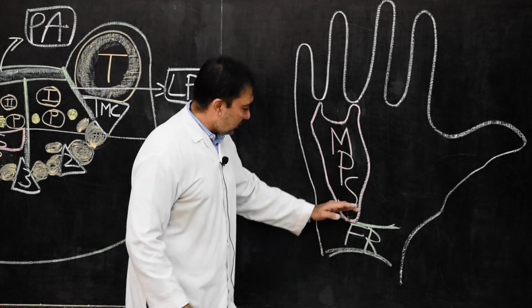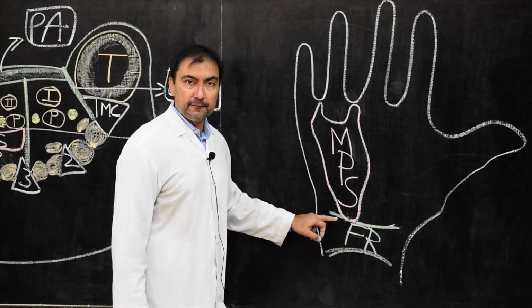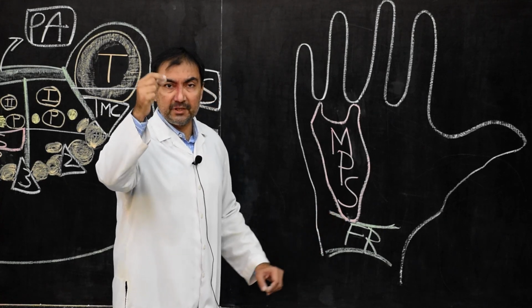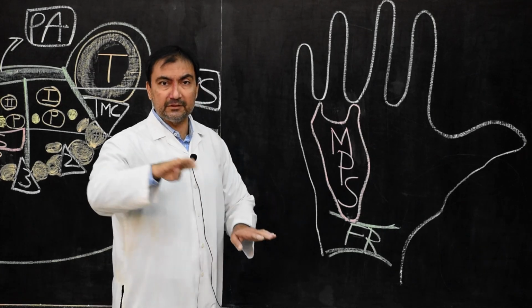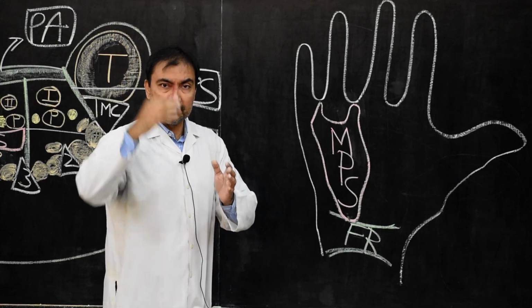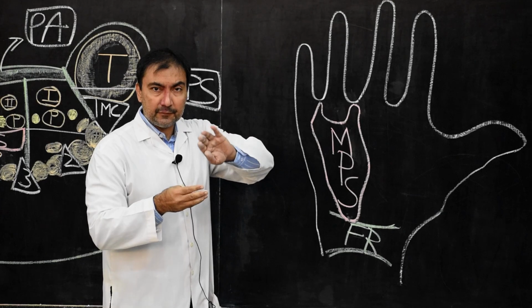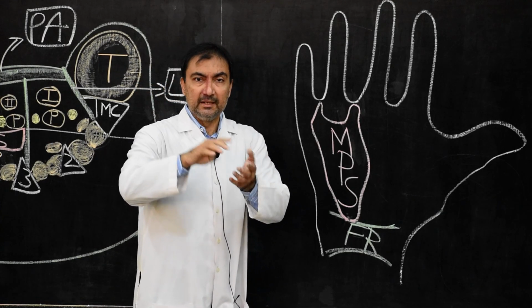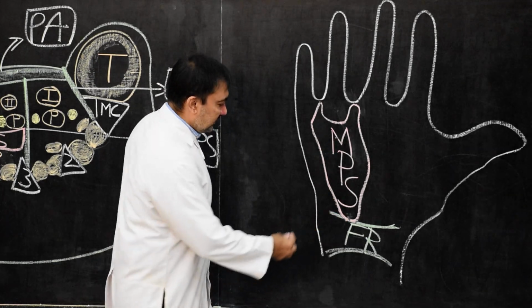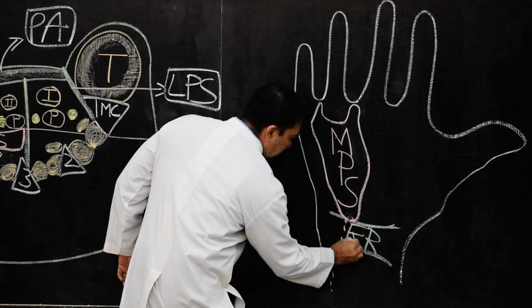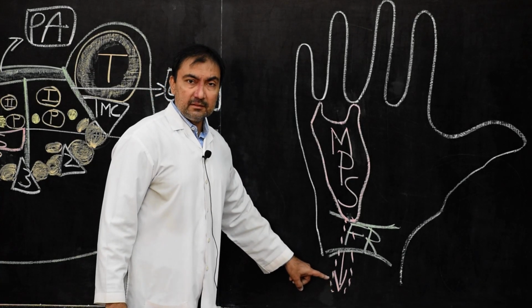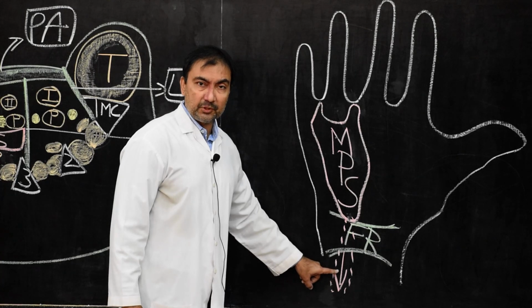Once again I'll repeat, the proximal boundary of the mid-palmar space is limited to the distal border of the flexor retinaculum, where the parietal layer of the ulnar bursa, which is also known as the common synovial sheath, is fused with the anterior surface of the carpal bones. Very simple. And what is the ulnar bursa? What is that common synovial sheath that we have discussed earlier? Because of that parietal layer of the ulnar bursa which is fused with the anterior surface of the carpal bones, that is the limitation of the proximal boundary of the mid-palmar space. Sometimes, very rarely, this mid-palmar space will extend into the forearm space of Parona. In some cases, proximally it will extend.